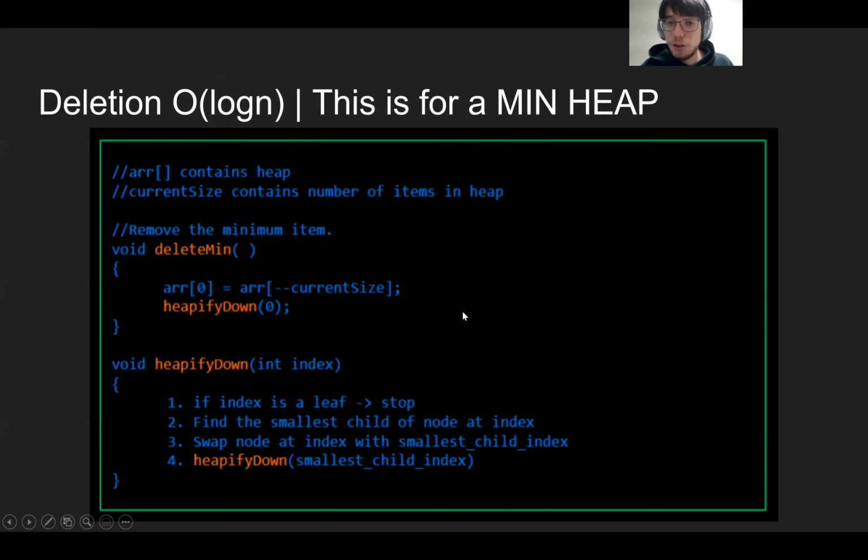So for deletion, we mentioned that there's a recursive structure to it, and that's exactly what we see. To delete the minimum, first you put the thing from the last position in the first position, and you call heapify down from position 0. So that means at the root, you're going to heapify down. And basically, if the index is a leaf, you stop. So if its children don't exist in the tree,